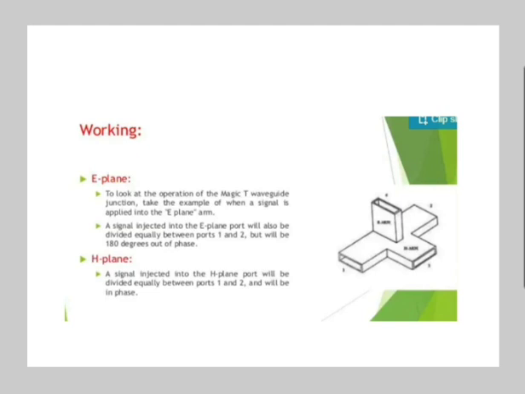The magic tee is the combination of E and H plane tees. When power is fed through port 1 and 2, the power gets added in the H arm whereas the power gets subtracted in the E arm. This magic tee is necessary for getting a completely matched 3-port T junction. The 4-port magic T junction combines the power dividing properties of both the H plane and E plane.